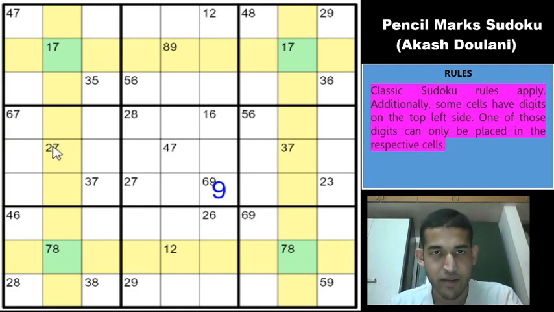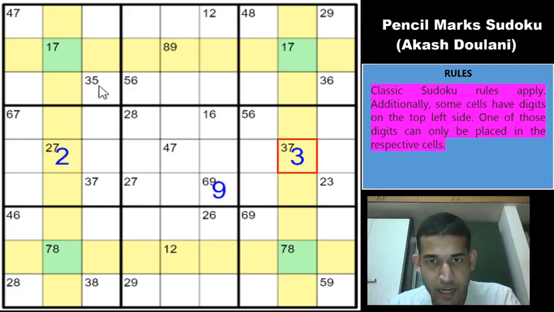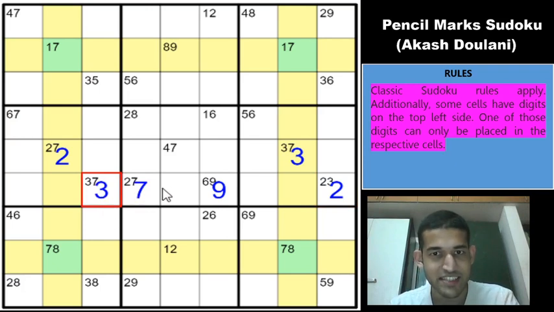So which means that we can place the 2 here. So this will be a 2 and we can also remove the 7 from here. So this will be a 3. These cells can't contain a 7 and any more 7s we can remove? No, right? So let us see if we can continue further with the digits that we have obtained now. So there is a 3 here, so which means this will be a 2. So this is a 7, this is a 3, we are getting some progress now.